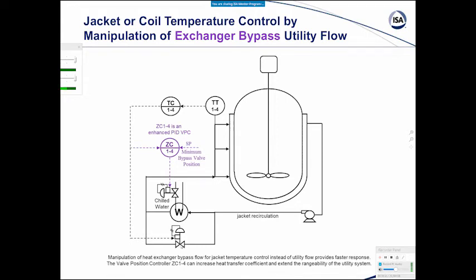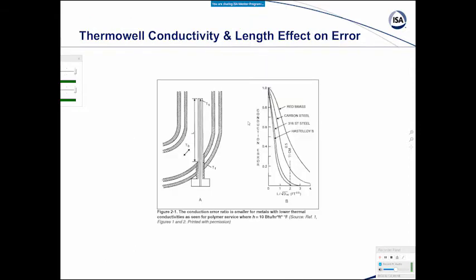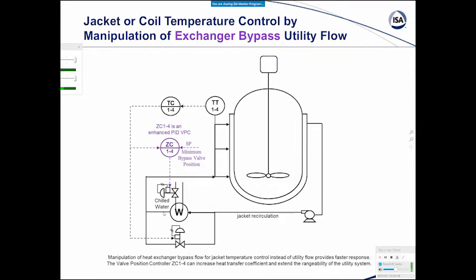That always gives you a good flow here, and you can seek to actually minimize that exchanger bypass flow, besides always making sure you have enough so you get this very fast response. It extends the rangeability of the system and can increase the heat transfer coefficient by keeping a high velocity going through the heat exchanger. And that can also even minimize what might be some fouling on the coolant side, although on the coolant side it's less likely unless you don't have a very good cooling tower water.